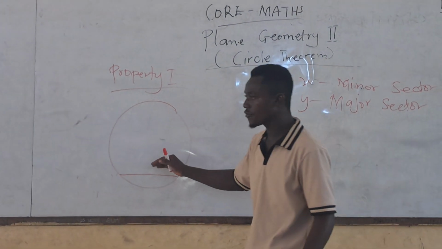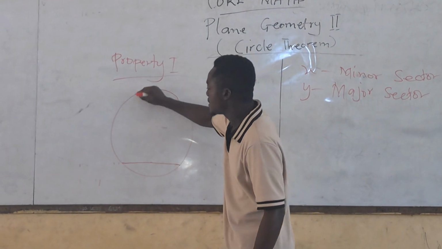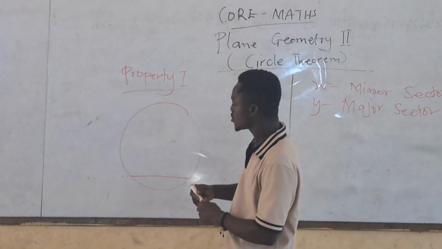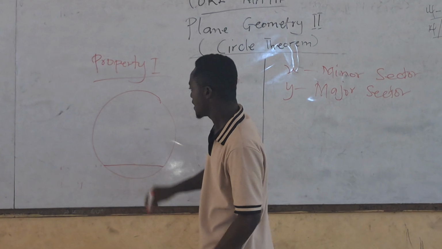So angles formed from the chord to any part of the circle are equal. So when we have a chord like this, and we have